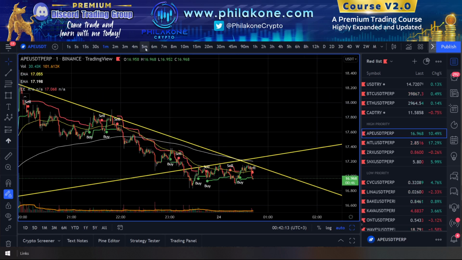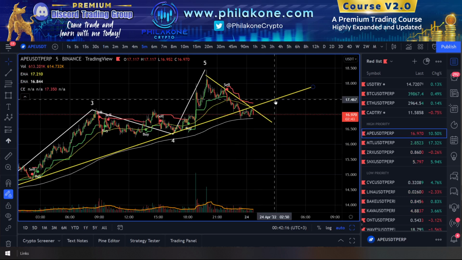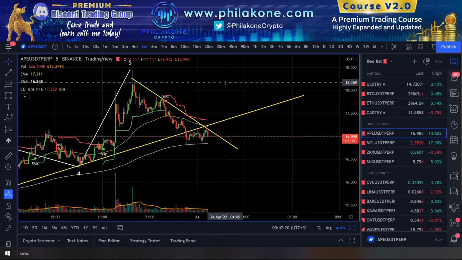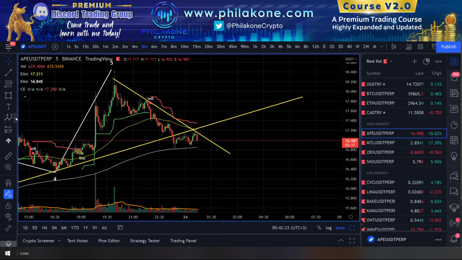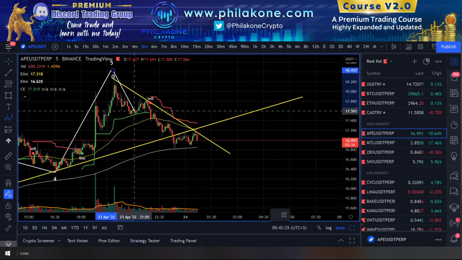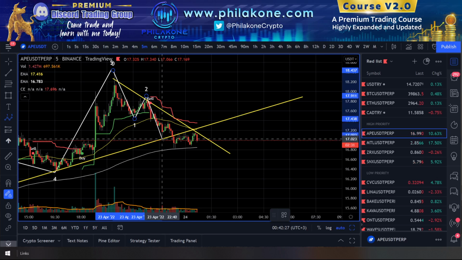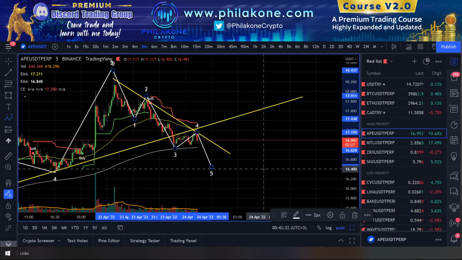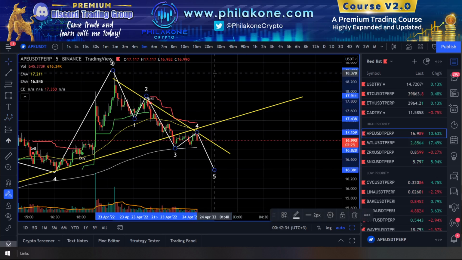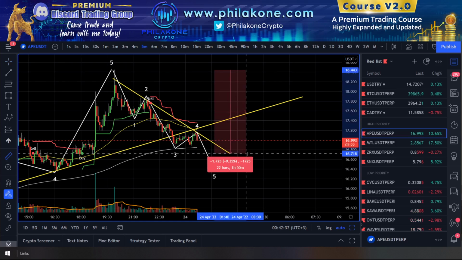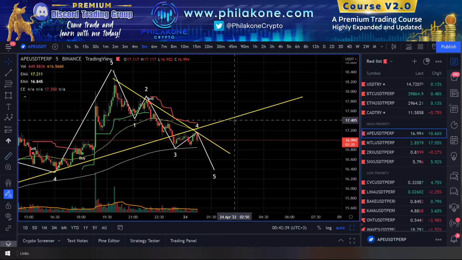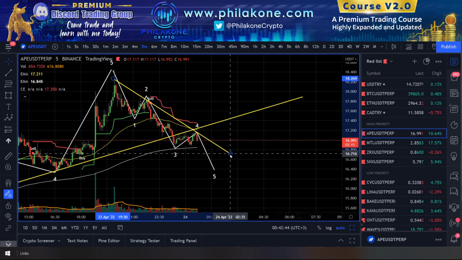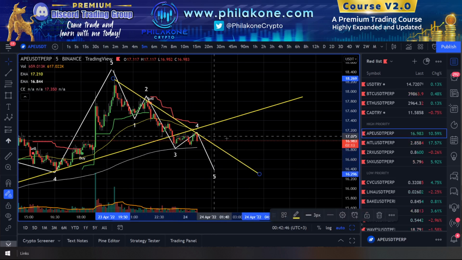So this is very powerful in my opinion. I do not think we're going to get a break to the upside in any way at all. If we had to count the Elliott wave theory here, this looks more like 1, 2, 1, 2, 3, 4, 5. This makes the 4. The 5 is coming down. And then perhaps we'll get a correction going to the upside. Then we'll probably get a bounce up there, I'm guessing. A break to the upside. And then I'm going to close my position upon this break between waves 2 and 4.